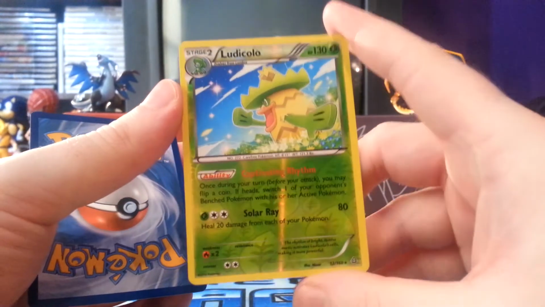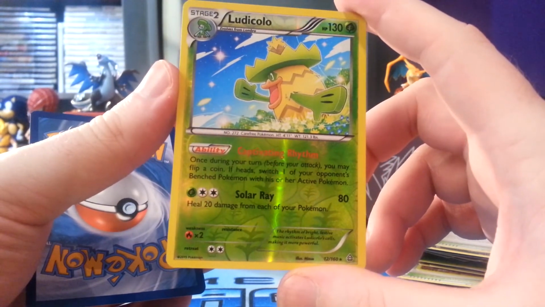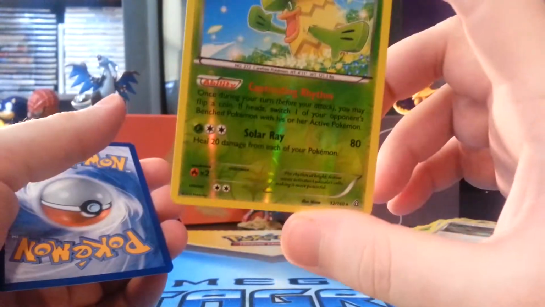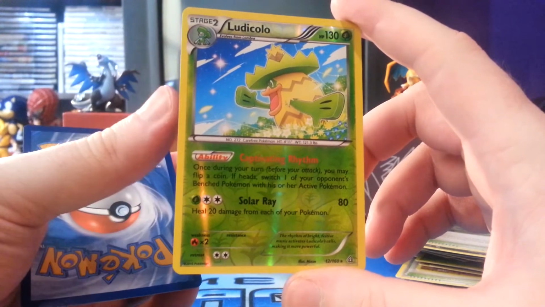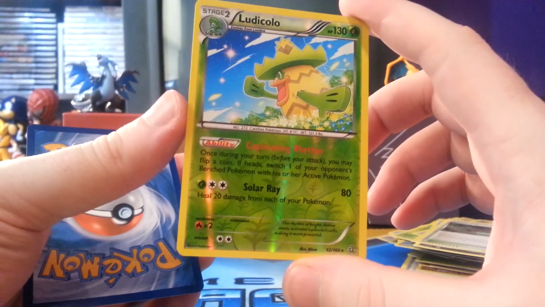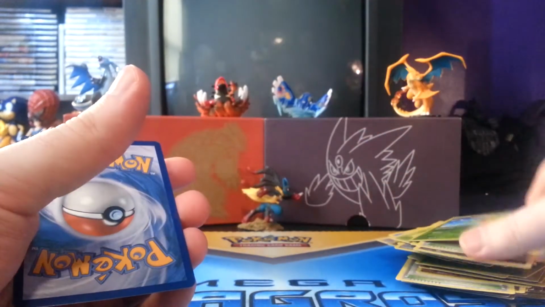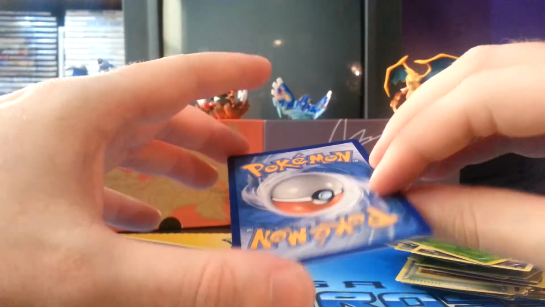It reminds me of an ability of the Swellow from the base set X and Y, which, without a coin flip, says once per turn you can make your opponent switch, although they choose the switch. Here, if you get the coin flip, Ludicolo lets you pick the bench Pokemon to bring up. So that could be really useful if they have something building on the bench. You can bring it up and just go for a quick knockout. And the final card, the final rare of the Elite Trainer box is...